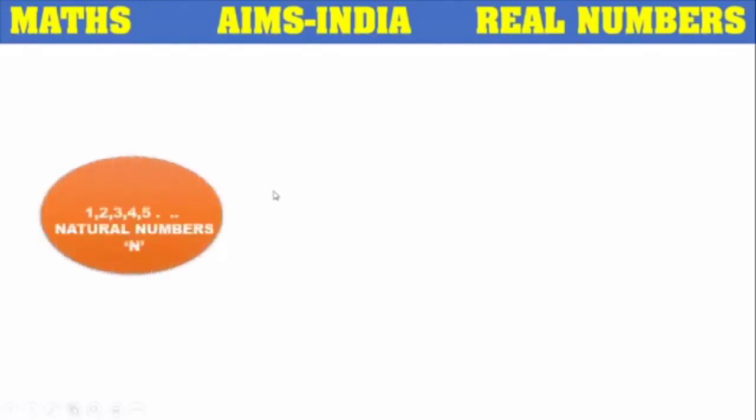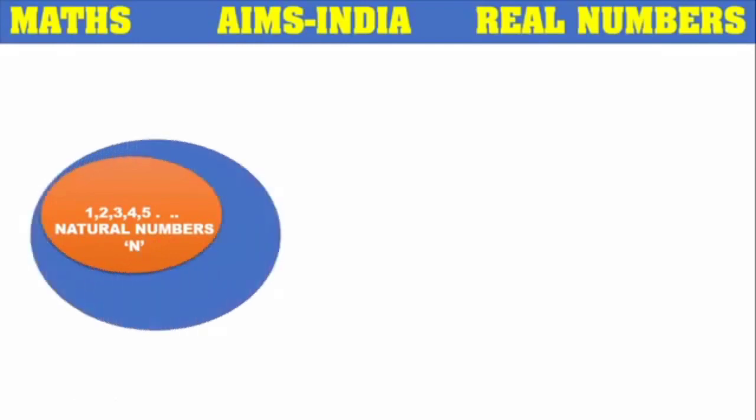So first let's start with the counting numbers 1, 2, 3, 4, 5. The numbers starting from 1, 2, 3, 4, 5 like that, whatever numbers we have, these are all considered as natural numbers or counting numbers. The symbol for natural numbers is N. If we add 0 to the natural numbers, then the second set of numbers is called whole numbers, and the symbol for whole numbers is W. So in the whole number system, along with the natural numbers, the 0 is included.